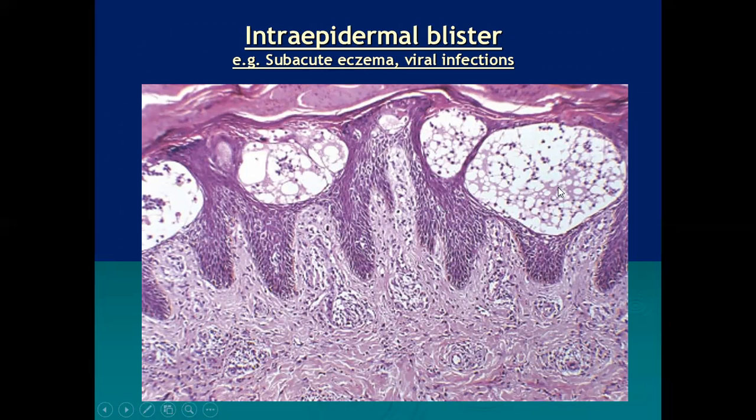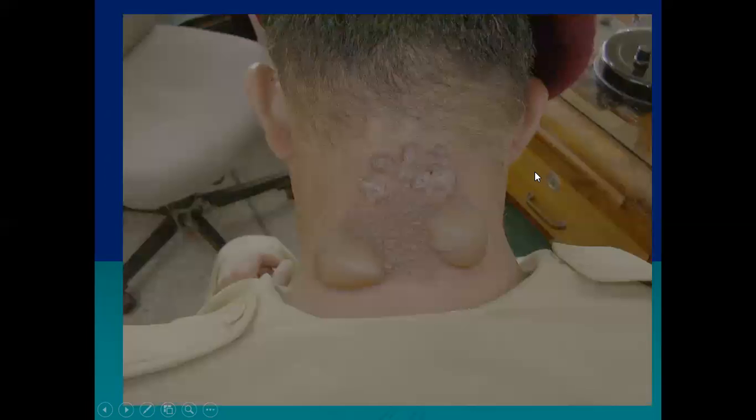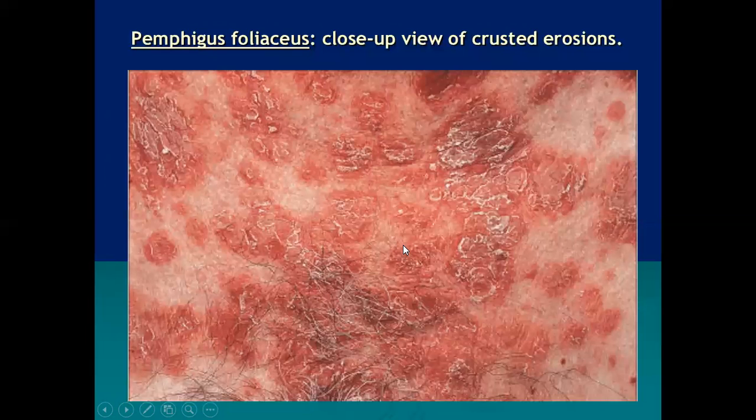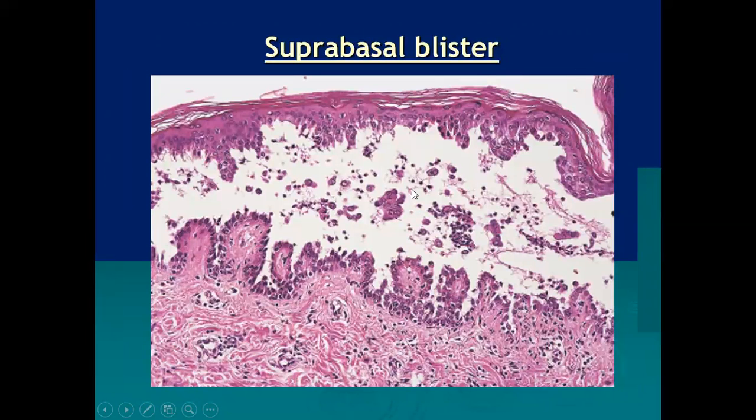These blisters are created by extensive spongiosis resulting in disruption of the keratinocytes and formation of vesicles. This is acute irritant dermatitis, clinically and histologically associated with blisters. Pemphigus foliaceus. Suprabasal blister. Suprabasal blister is characteristically seen in the pemphigus group of diseases,